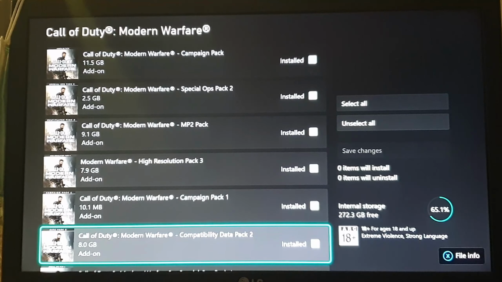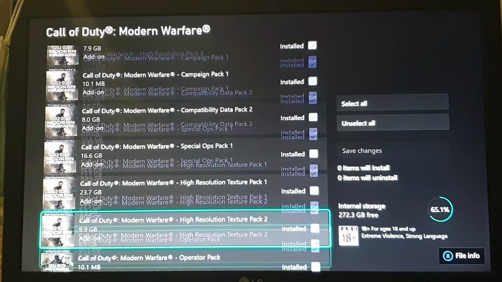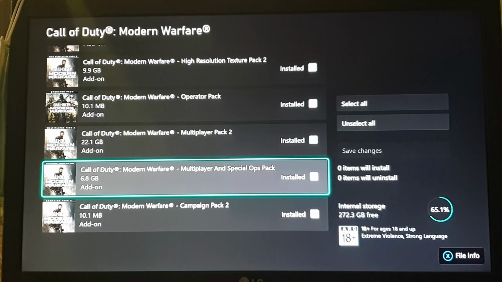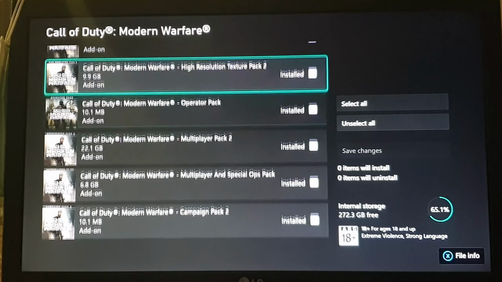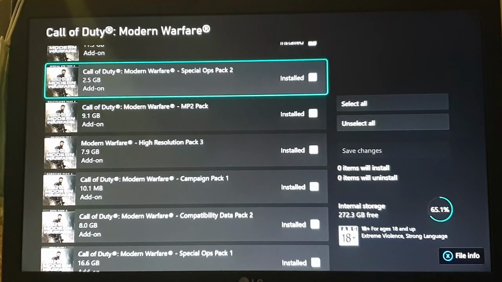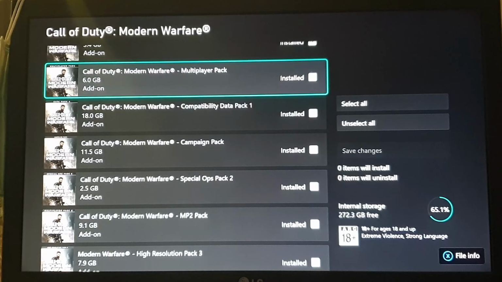There are two updates we need to uninstall, which I can tell you how you can detect. You will find one which is 3.4 GB, multiplayer pack 3.